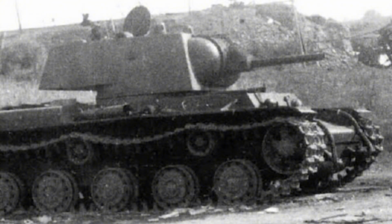Real-world performance against German tanks. Let's break down how the KV-1's gun performed in actual combat. Against Panzer III, the KV-1 could penetrate any Panzer III variant from virtually any distance the gun could reach. Against early Panzer IV, short-barreled 75mm, the KV-1 had a clear advantage. KV-1 could penetrate the Panzer IV at 800-1,000 meters. Panzer IV often needed dangerously close ranges to harm a KV-1, and even then, the KV-1's frontal armor was extremely